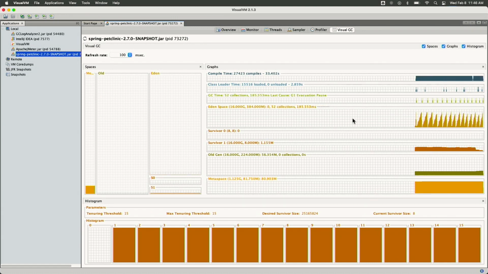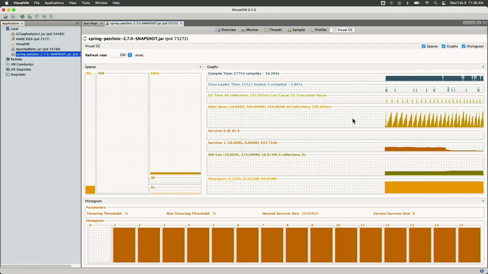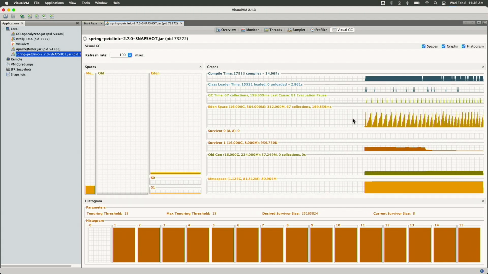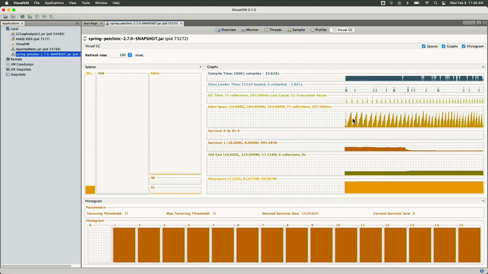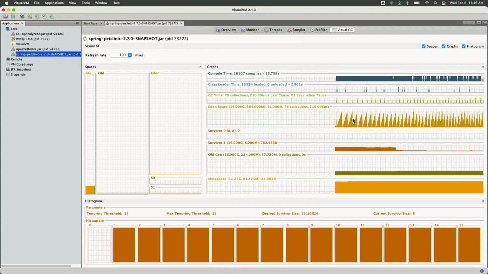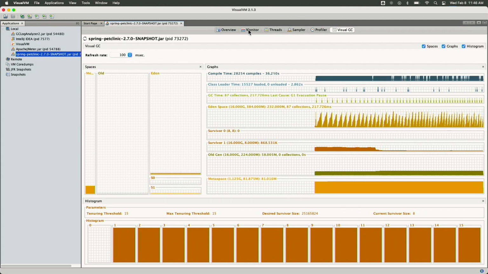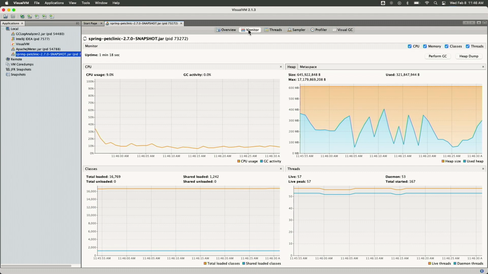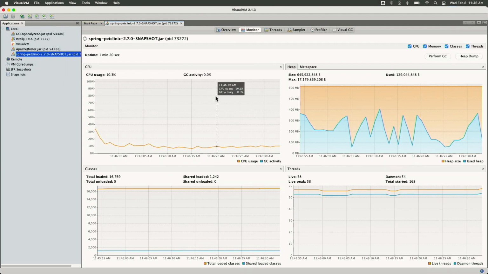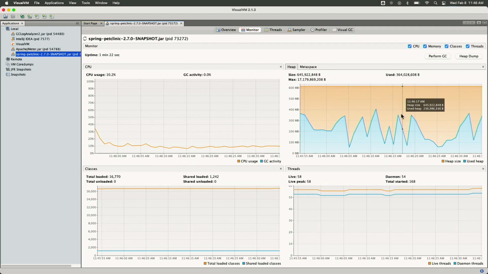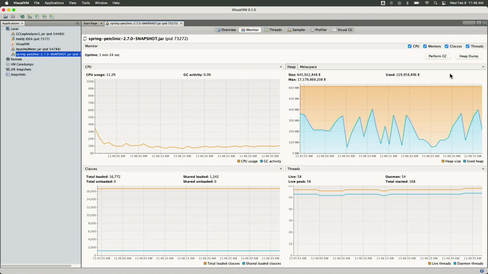And for those of you who have looked at garbage collection in the VM before, this is what we want to see. You can see that we're using memory, and then we collect it. We're using memory, the VM collects it, et cetera. We get that nice seesaw effect in the Eden space in this case. And we should be hitting some garbage collection pauses along the way somewhere. Let's see where that's happening. Okay, the CPU usage is pretty low, 10%. And you can see our heap is,